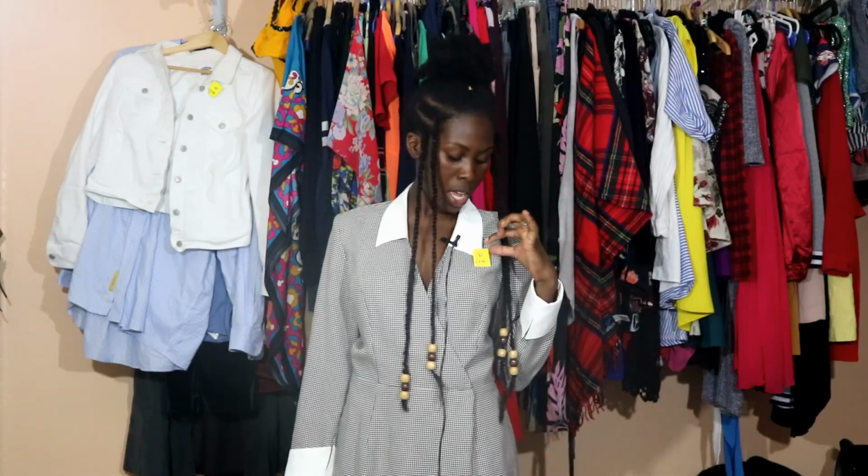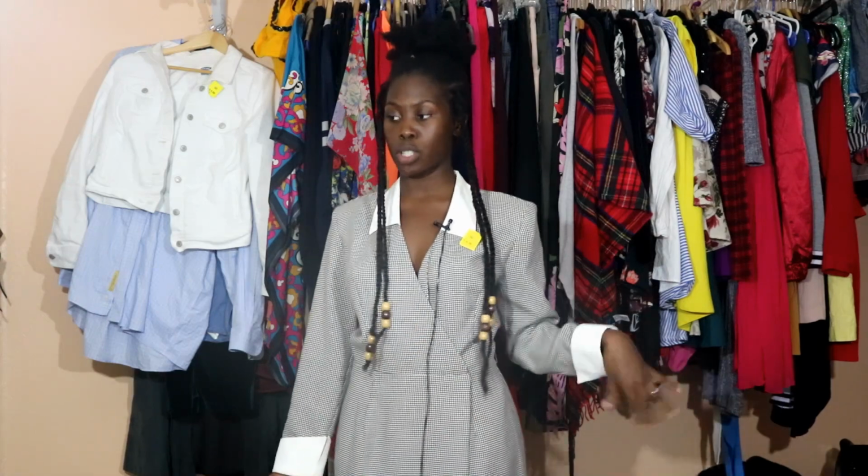Okay, you guys, so this first piece I'm going to show you is from the Salvation Army. It was $9.99, but I got it for half price. I love this dress because, first of all, it's a wrap dress, so I can tuck it however I want to wear it on either my left or right side. But I really love it because it's a very old-fashioned twist on the modern blazer dress. The modern blazer dresses we're seeing are more fitted and more of a mini fit, but I really like this one because it's appropriate for the office, and I feel like it's the perfect fall-winter staple for your work